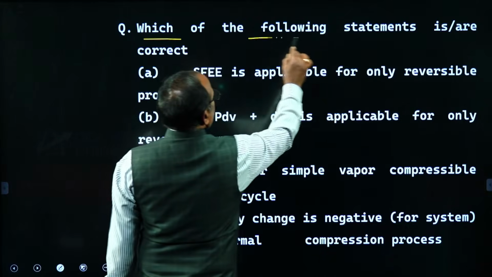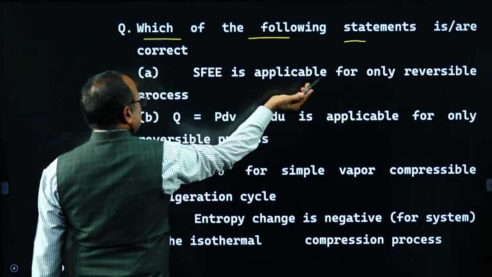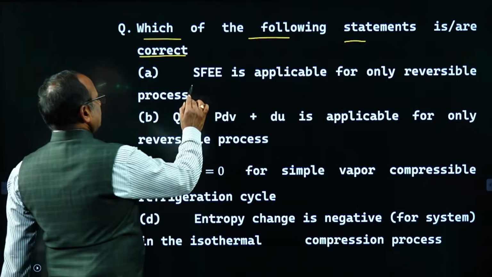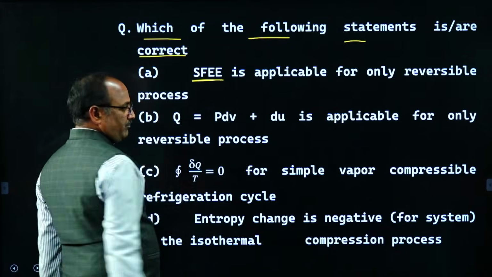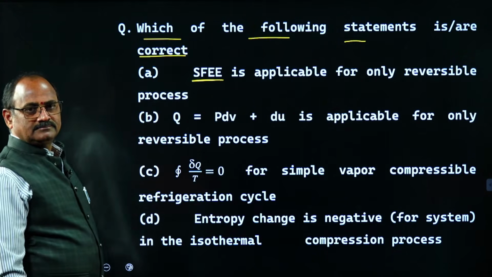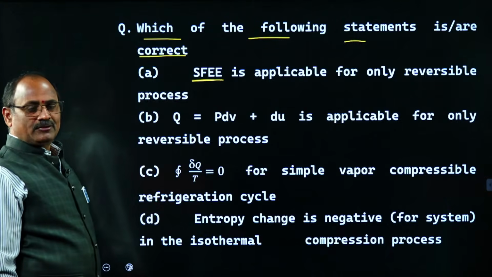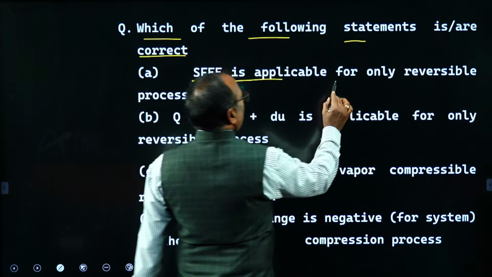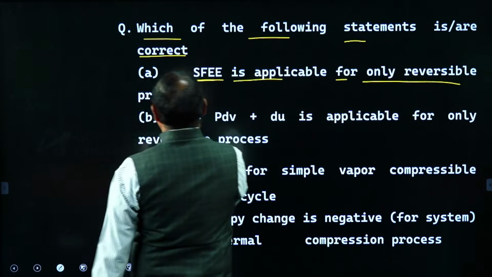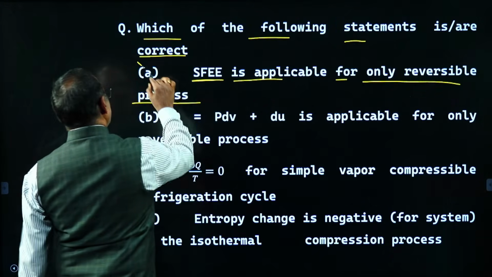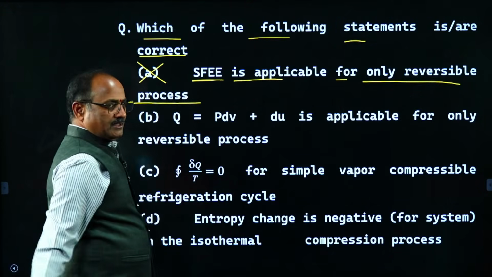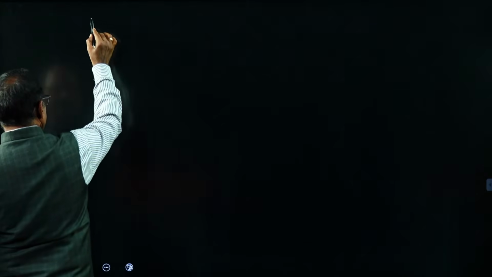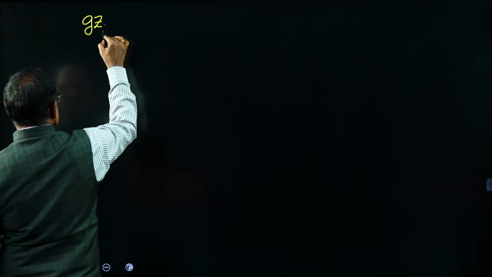Which of the following statements is / are correct? Look at the statement A. SFEE, popular equation called steady flow energy equation. Steady flow energy equation is applicable for only reversible process. Absolutely wrong. Steady flow energy equation, let me write the steady flow energy equation per kg of the material,